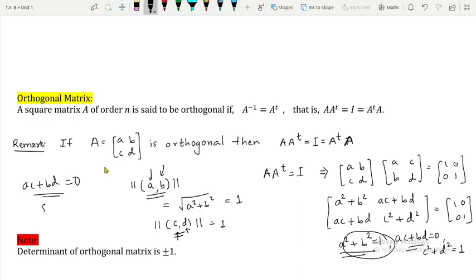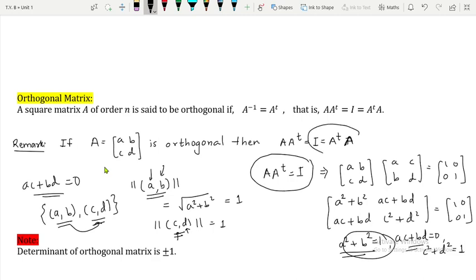So do you remember some definition after looking towards it? My point is, whenever you are having a matrix A, the rows of that form an orthonormal basis of R2, because the norm of AB and the norm of CD is 1, and AB and CD are orthogonal also, and the same is true in case of columns also. What calculations have I done over here? A into A transpose is equal to I. If you do the similar calculations for I is equal to A transpose A, then you will see that the columns of A will form what? An orthonormal basis of R2. So this is a very interesting thing,